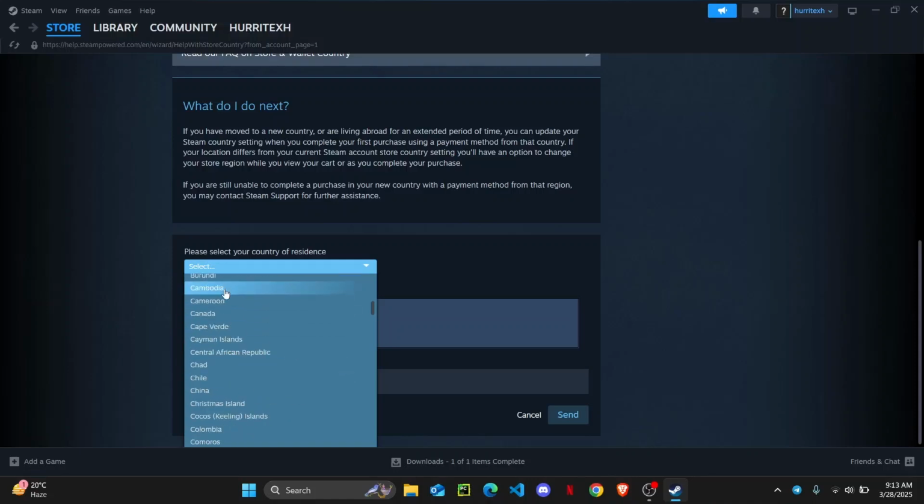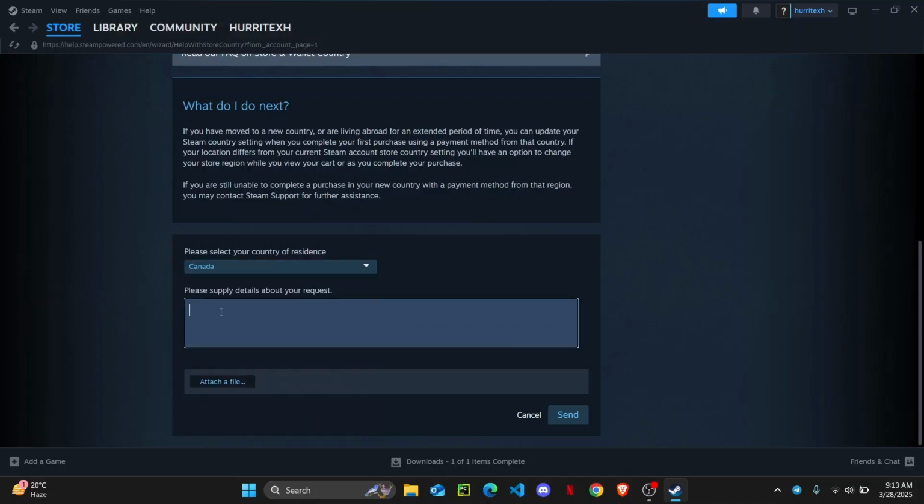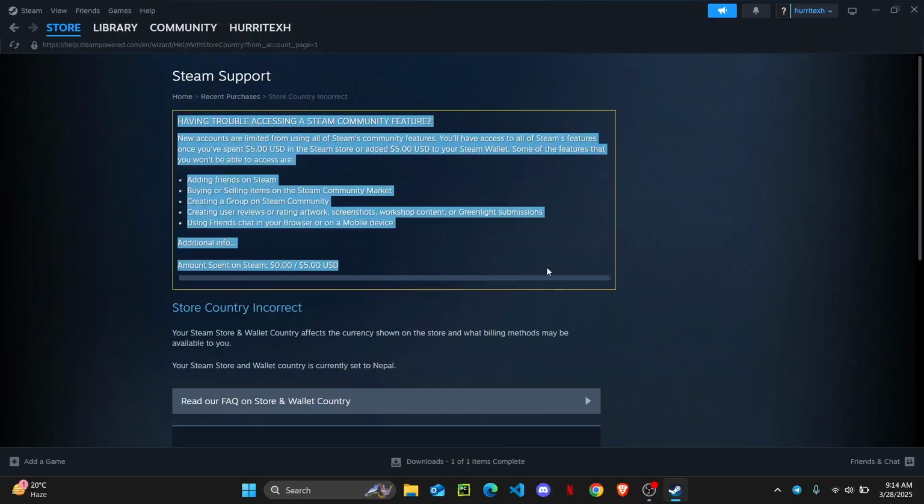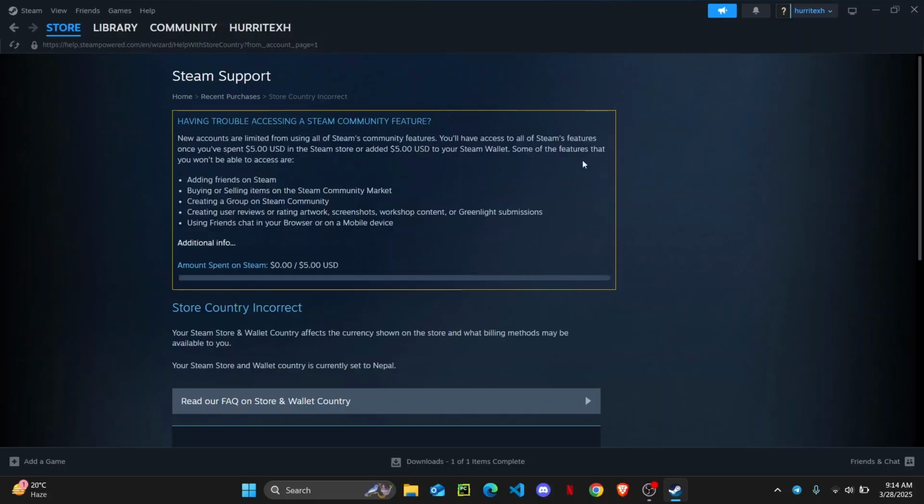So for example, if I go ahead and select Canada, I'm going to have to write down a request, so explain why you moved to that country, for how long, and after you have entered all of your details and explained everything, you can also attach a document or a file here and click on Send. They'll review your request, and if they think your request is valid, they'll allow you to change your Steam's country